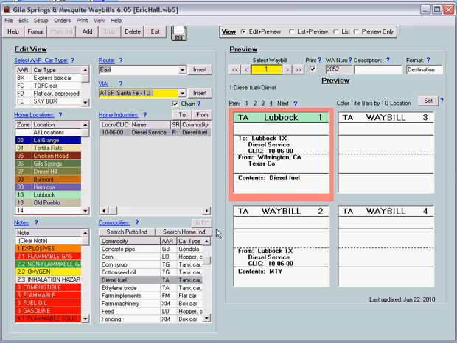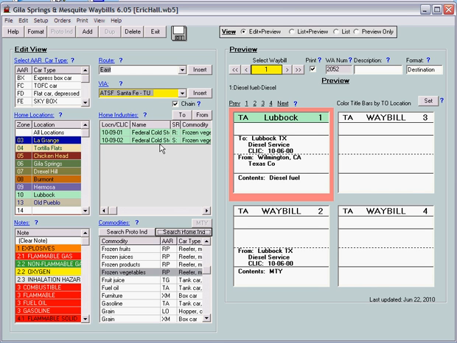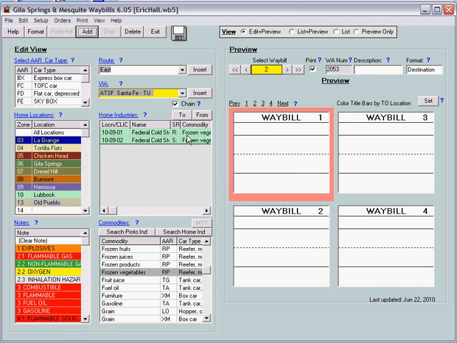One other thing, let me show you: if I select frozen vegetables, I find I've got one industry, Federal Cold Storage, that both ships and receives frozen vegetables. Now I'll create a new waybill. We've seen what happens when we had a shipment coming in, that it put the commodity onto the contents line